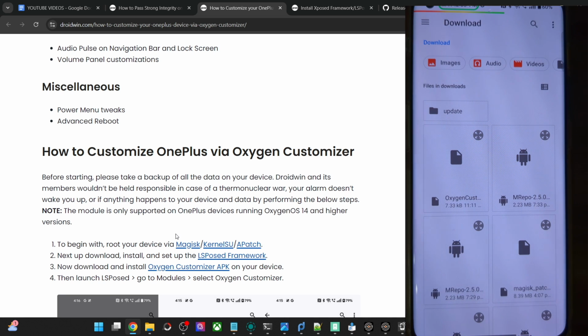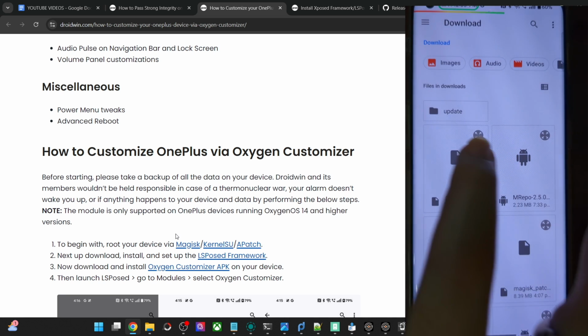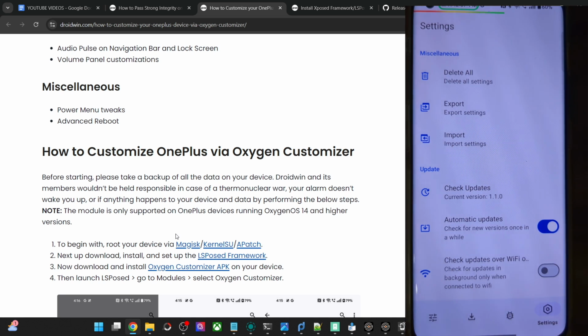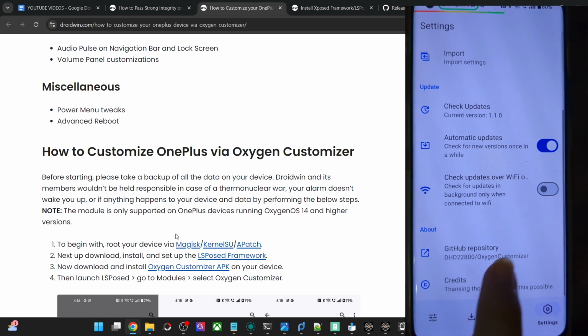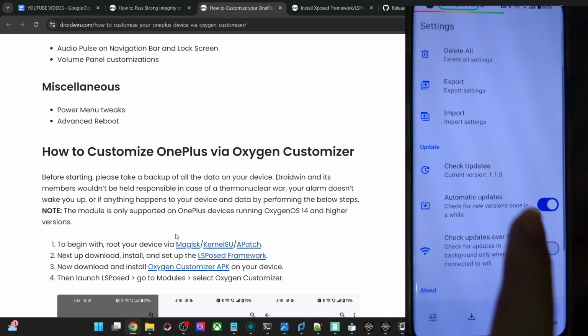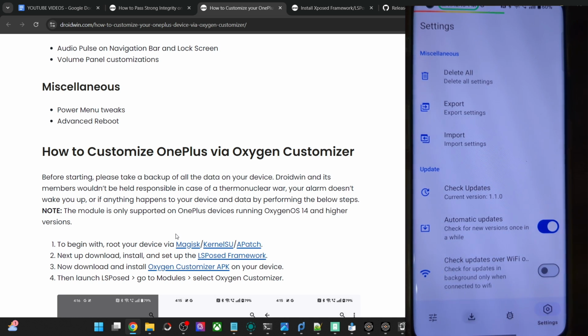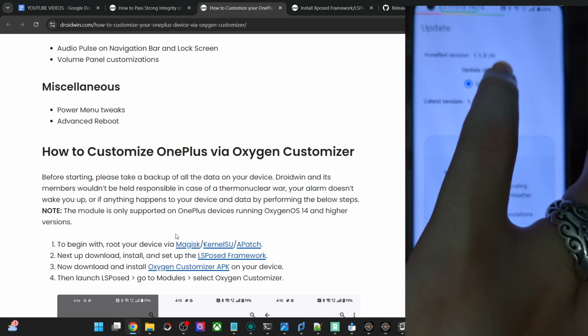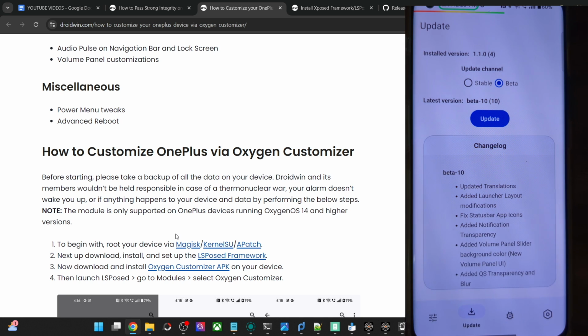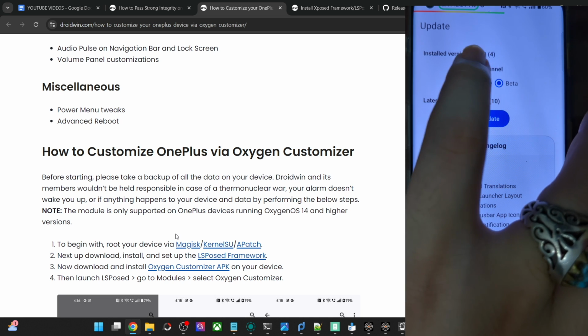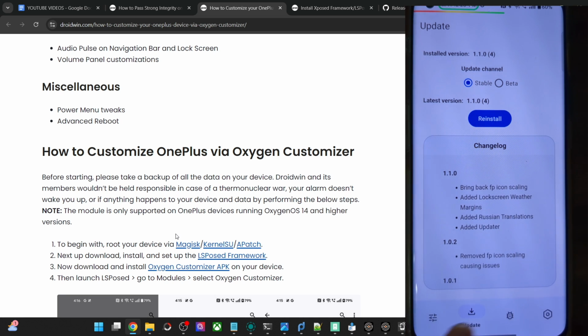Then you may simply go to import on your new phone and then choose this file, and it will be imported. And after that, it's recommended to restart the system UI, and changes will take place, and the app will be automatically updated. We'll check for auto update. Then you may also switch to the beta version, but that might have a few bugs, so it's always recommended to stay on the stable version only.